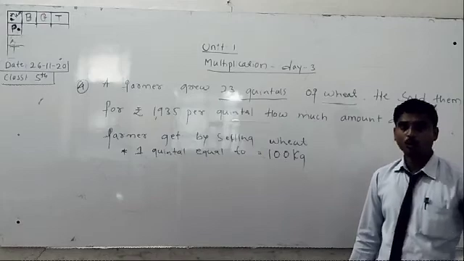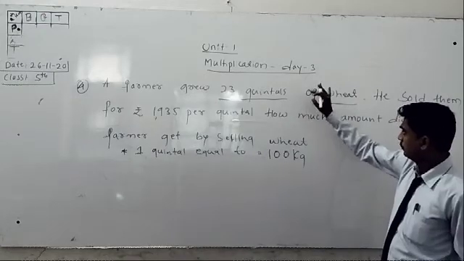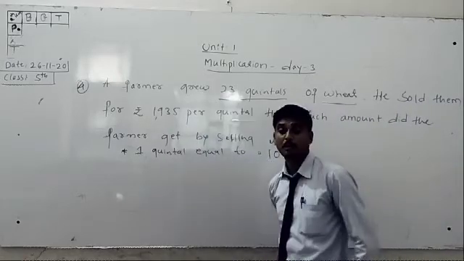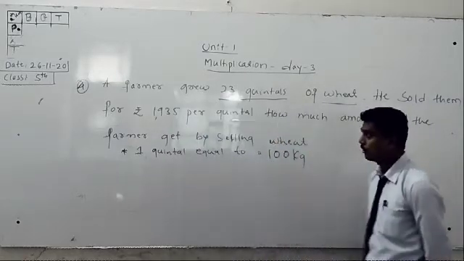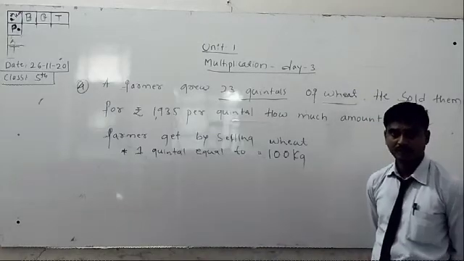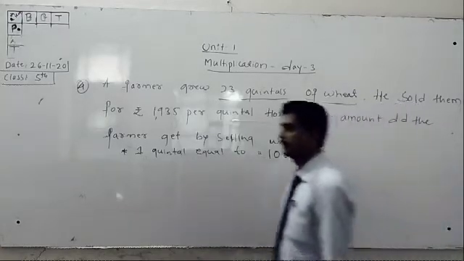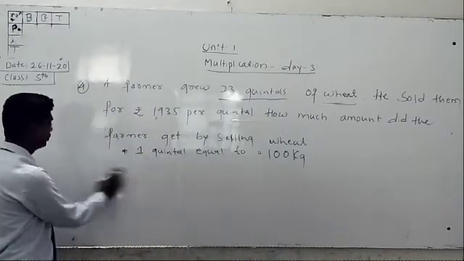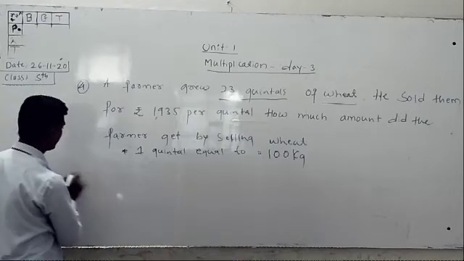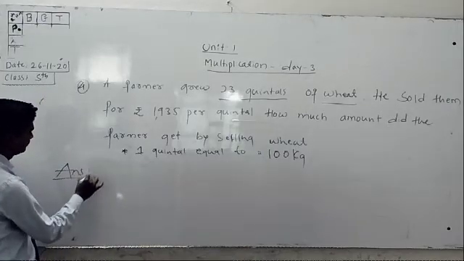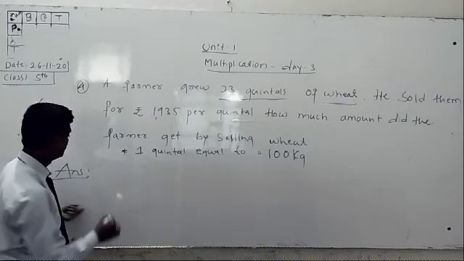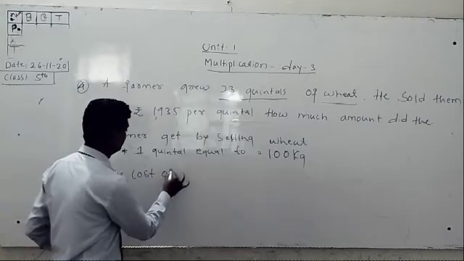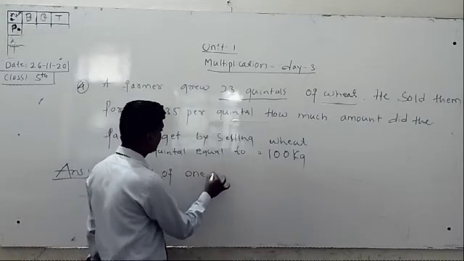Then he has to go and sell that wheat. That per quintal cost is 1,935 rupees. Then how much rupees in total are there for all 23 quintals? You should find out that one, because that farmer did not go to school. That's why it is given to solve the problem. Then you have to tell the answer correctly. Then answer. First you write the statement. The cost of 1 quintal